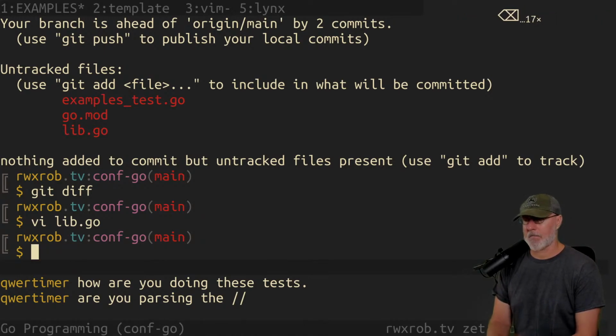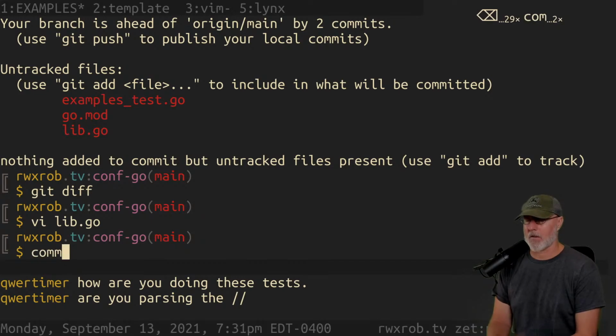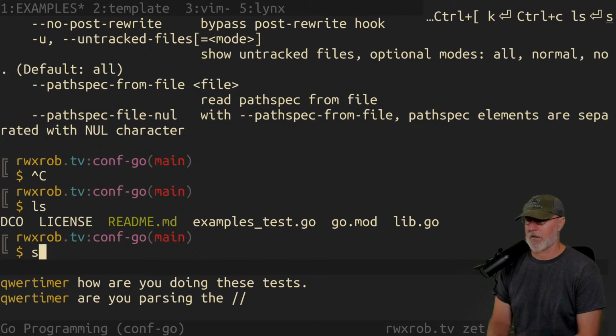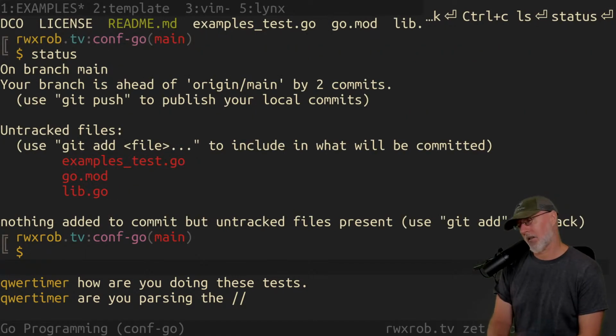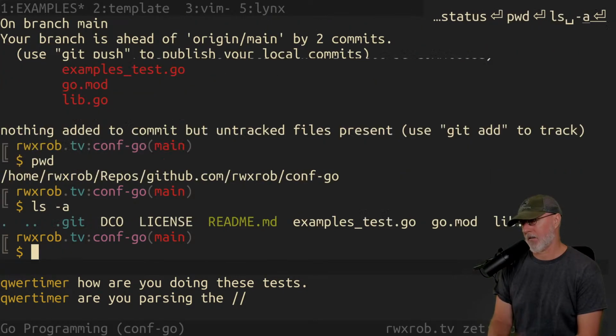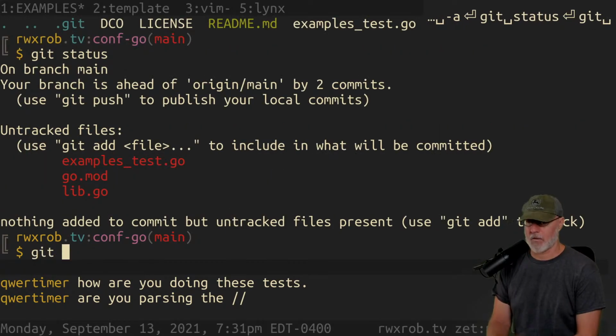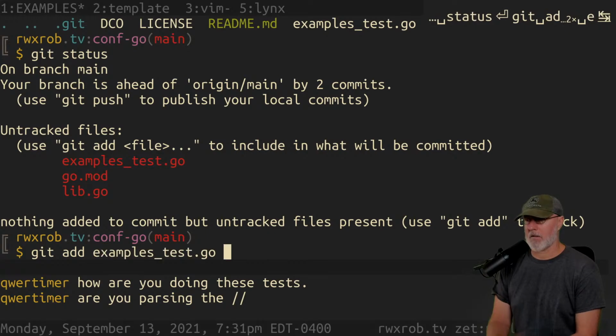So git commit dash a dot what? That doesn't make sense. Is it not a git file? That's weird. Examples, go lib.